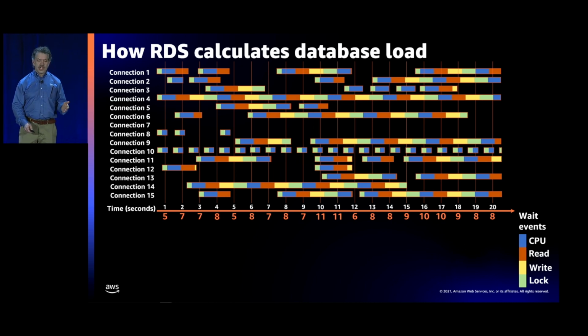In this illustration, which is a simplified version, each of these colors represents a different wait state or wait event in an imaginary database. Now, real databases like Postgres and MySQL, Oracle, and SQL Server all have different names for their dozens of various wait events. But just for illustration here, let's say that there's a database type with just 4 kinds of wait events: CPU, read I/O, write I/O, and locks.